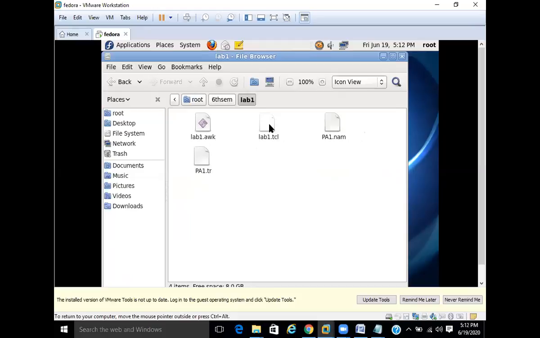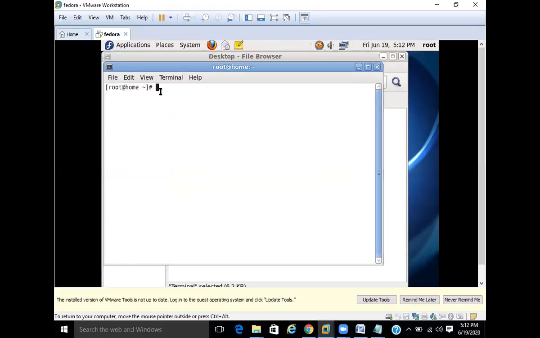And once you have to run this program, how to run? Open the desktop terminal. In the root home you have your program in the sixth sem folder. So set the path by typing cd sixth sem. It enters into that folder.